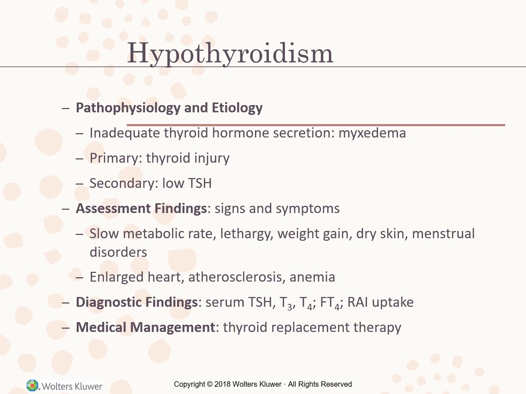So, hypothyroidism is treated with thyroid replacement therapy. The thyroid hormone in the form of desiccated thyroid extract or with one of the synthetic products such as levothyroxine or liothyronine sodium are oral thyroid preparations. A low dose of thyroid hormone is given initially and then increased or decreased until the optimal dose is achieved.